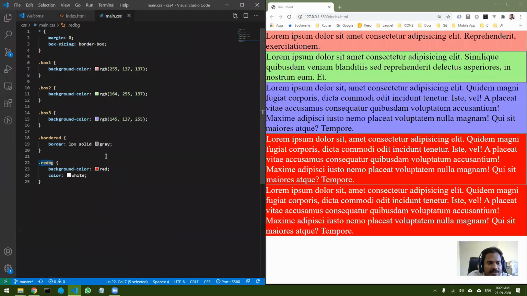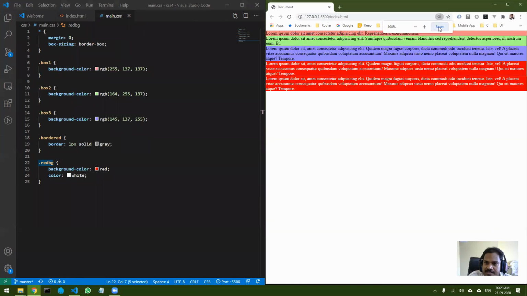So let's come back to our CSS. Now we have this particular thing ready, right? Let me reset. This is how the actual size of the website is right now. Now let's begin going ahead and see how we can use floats and other things.